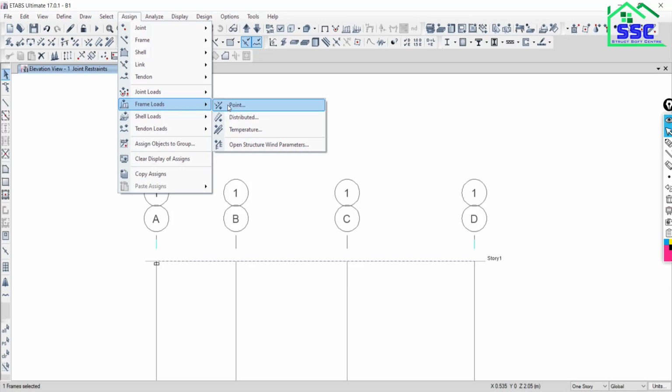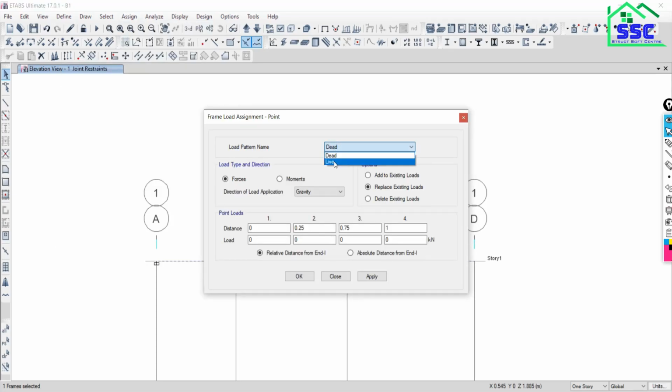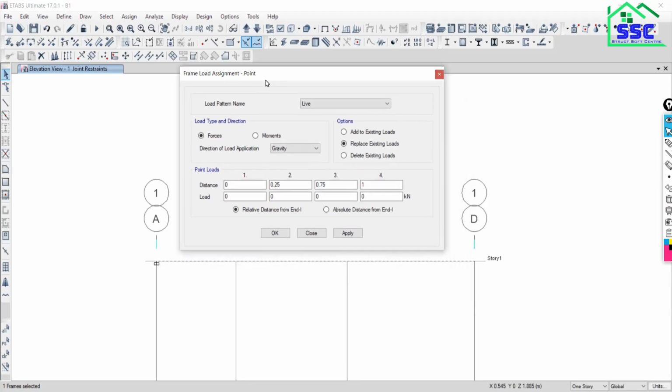Once you click on it, go with the second category, live load pattern. There are two options. Actually we have to assign the force, so leave it as Force selected. If you need to assign the moment, you can also assign the moment at a particular point. It is already given as gravity, so we don't need to put the negative sign. So gravity, and you know all about this option.